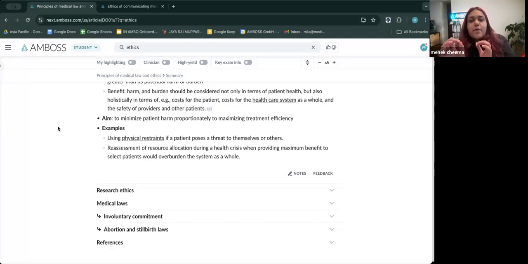That's where the topic of ethics comes into place. Because in this case, physical restraints make sense. However, if a patient is completely conscious, they are well aware of their situation, but you give them physical restraints to do something without their consent, that is not an ethical situation, right? So ethics always exist in the gray. It is never black and it is never white. It is always in the gray, which is why it's judged from situation to situation.